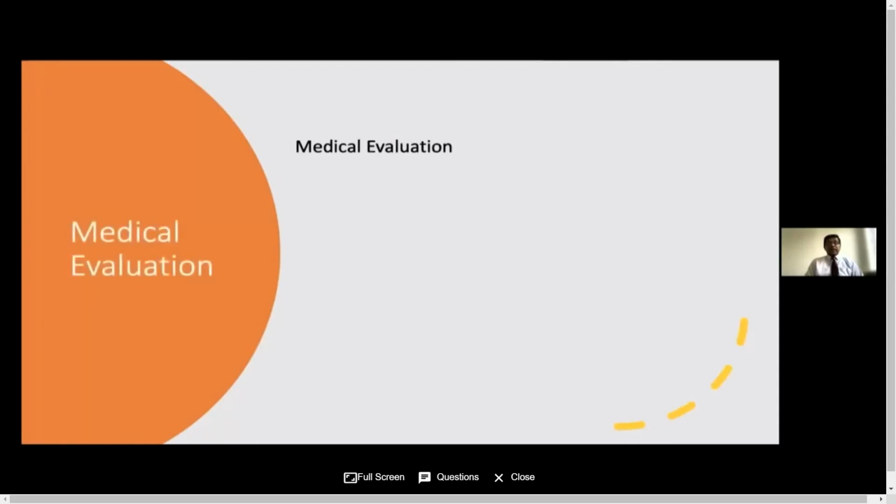Moving to medical evaluation, a very important part. You have to take a thorough history, including social history, physical examination, previous comorbid conditions, and the patient's current condition and its complications. Heart rate, blood pressure, and oxygen saturation all need to be taken, and you have to risk stratify the patient, to decide whether the patient is able to move forward with the rehabilitation program.